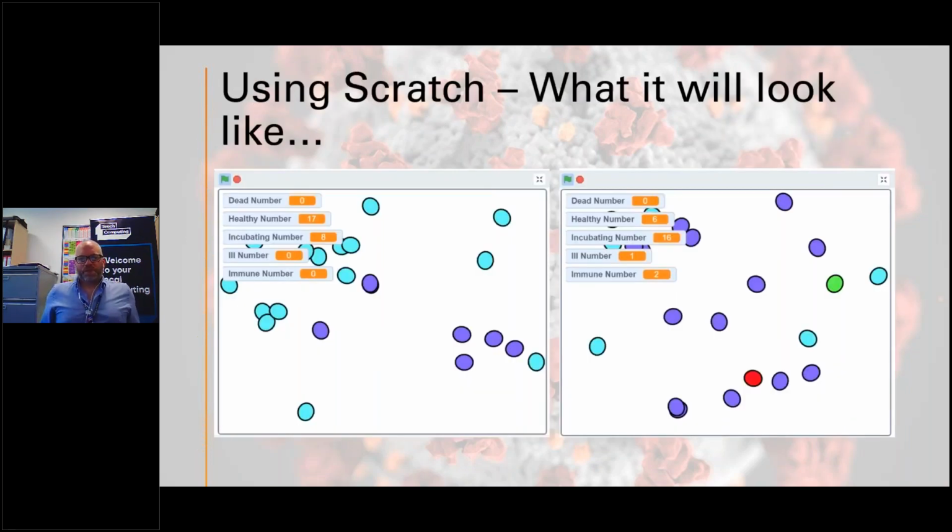So this is what I'm sort of looking like. This is what I was hoping to have. And these are screenshots of my thoughts. So we would have some sort of circle that represents a person, and those circles would move around the screen. There would be some boxes that represent the numbers, and the different colours